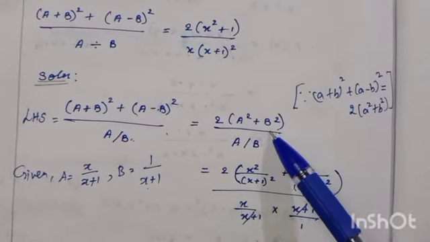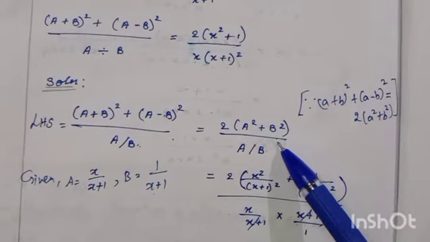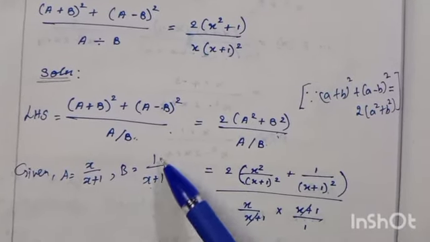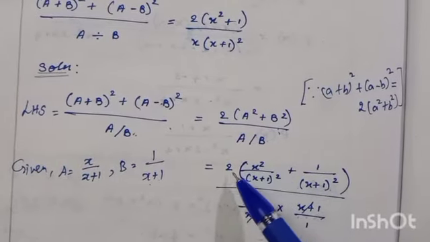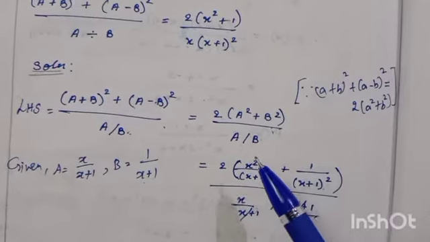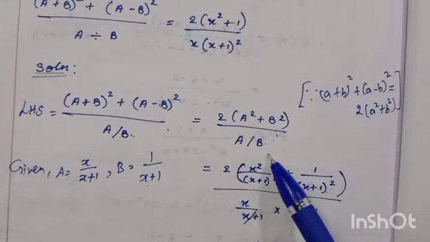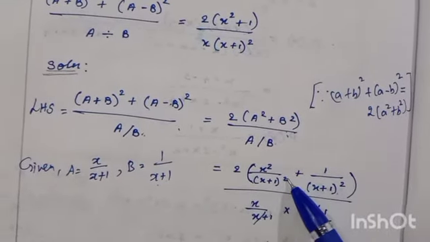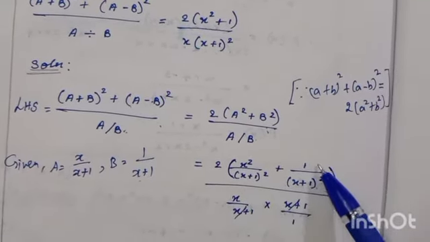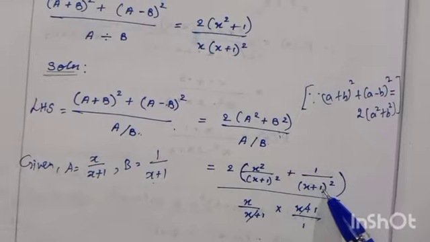Now for this simplified form, you have to substitute the given values. For a equal to x by x plus 1, b equal to 1 by x plus 1. Now you have to substitute for a value, x by x plus 1 whole square, that is x square by x plus 1 whole square. The square applies to numerator and denominator separately, plus b square value, 1 by x plus 1 whole square, 1 square